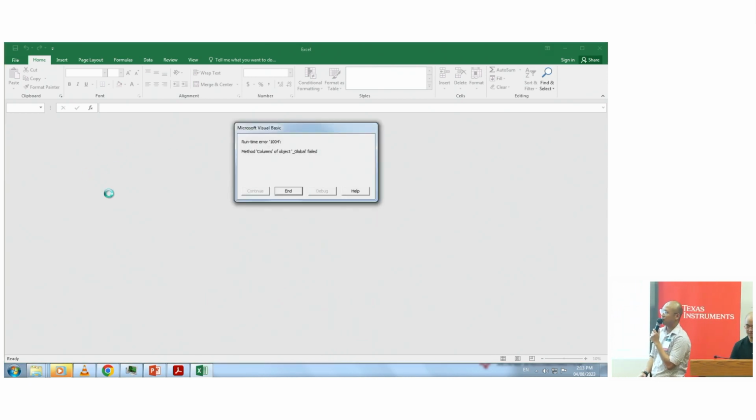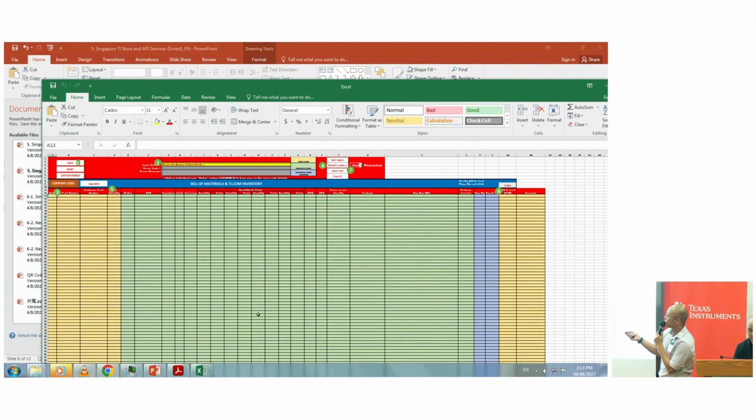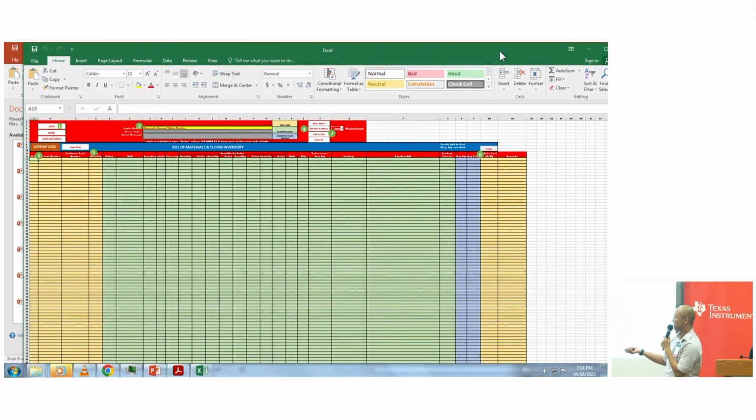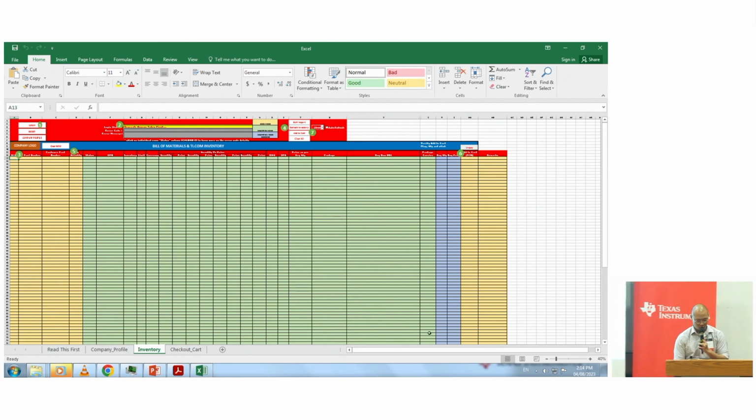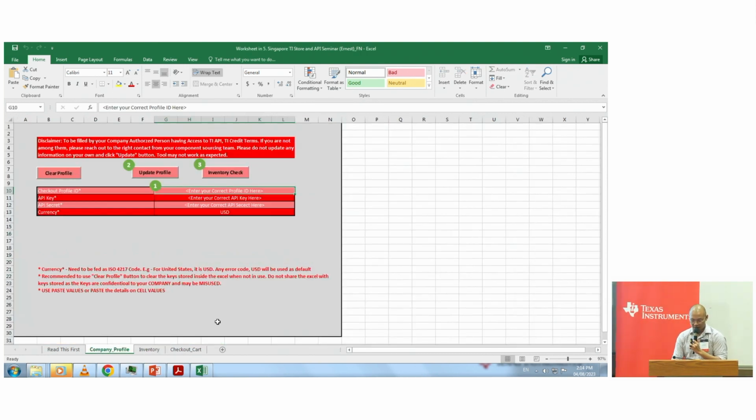To order with the API, we created a system using Excel, and it uses macros to integrate the API into Excel, because we know that most of the buyers here are more familiar with Excel. There are mainly 3 steps to follow to make an order. The first step is to fill up your key and your secret, which is what I was talking about earlier, and the checkout profile ID, which you set up on your dashboard.